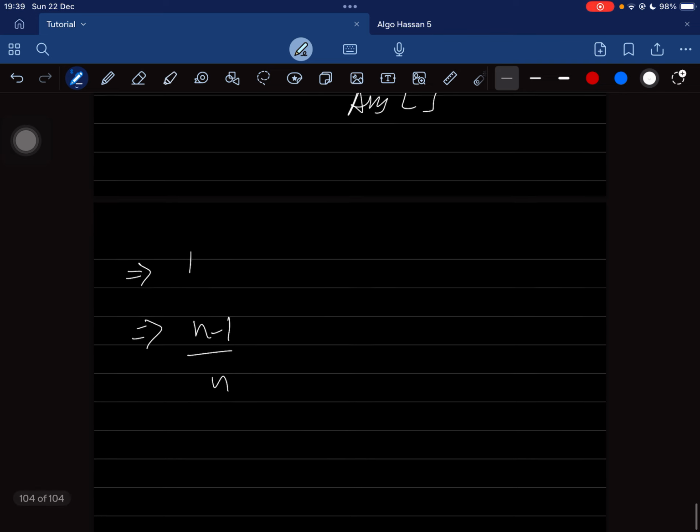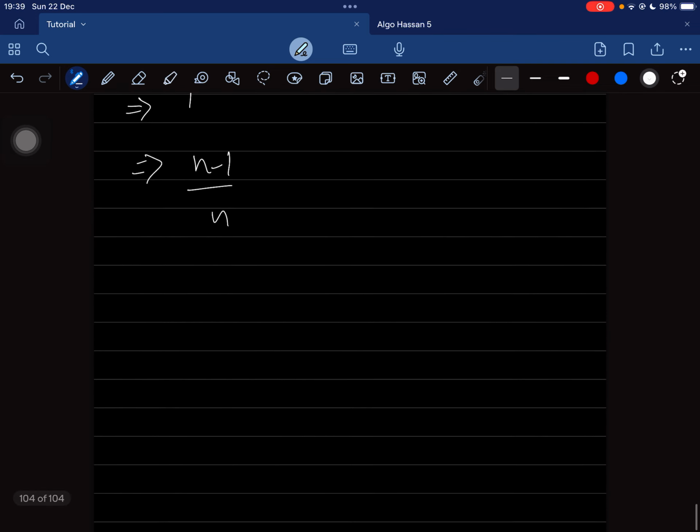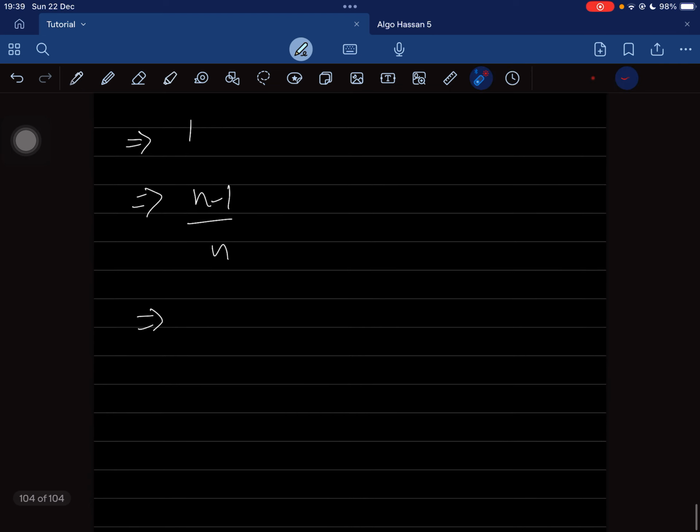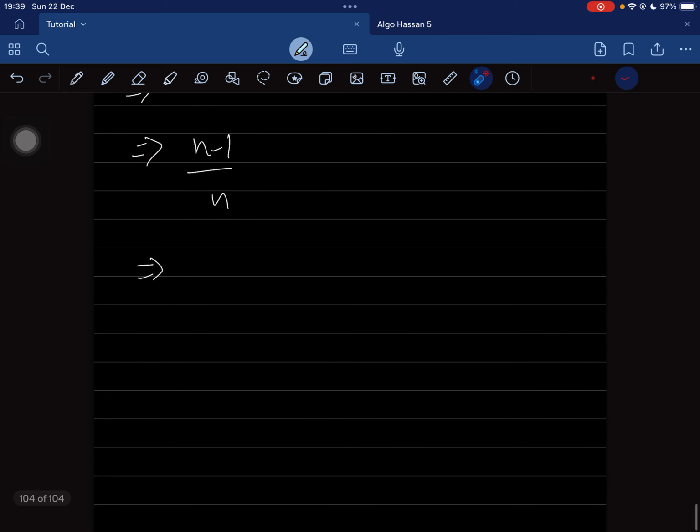distinct answer array. So this was me putting the first element. The chance of me finding a new element in the first iteration was 100%, one chance. In the second iteration, I've already visited one element, so there are n-1 unvisited elements. So the chance in the second run was n-1 upon n. And then now that I've added two elements